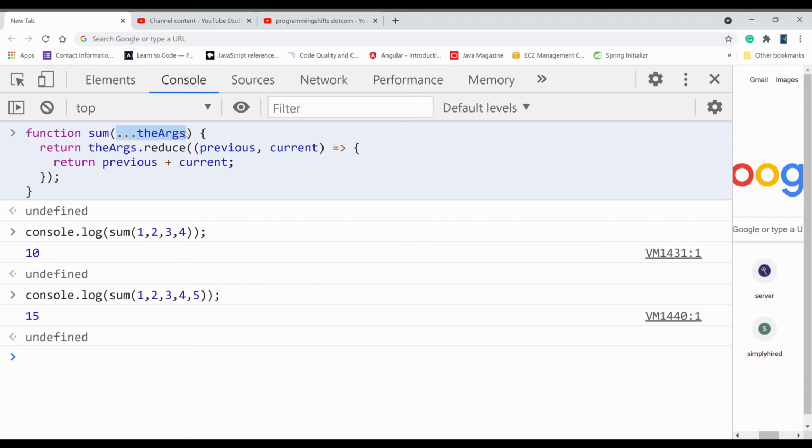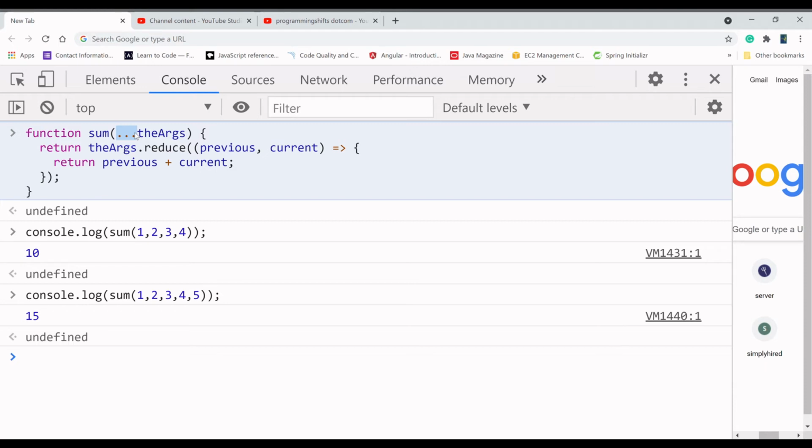A function definition parameter can be prefixed with the rest operator, which causes all the remaining parameters to be placed in a standard JavaScript array. So that is no problem.